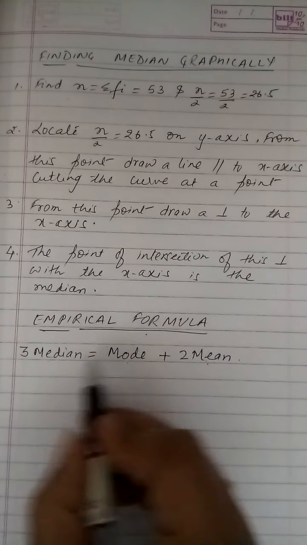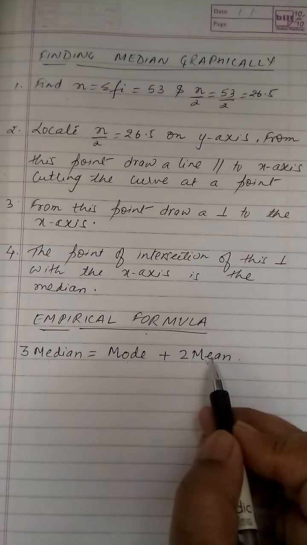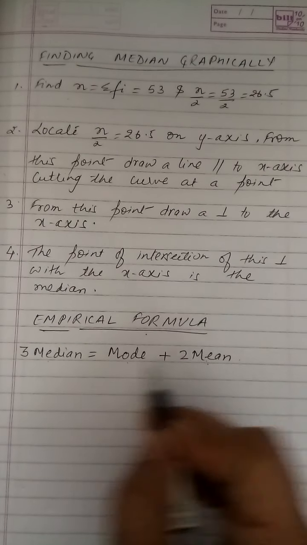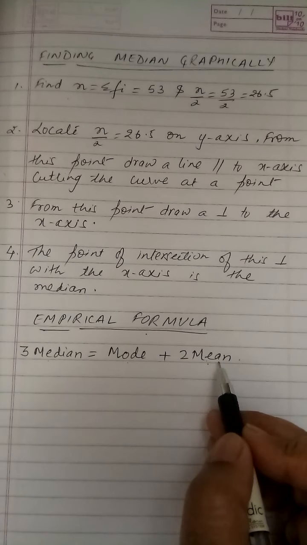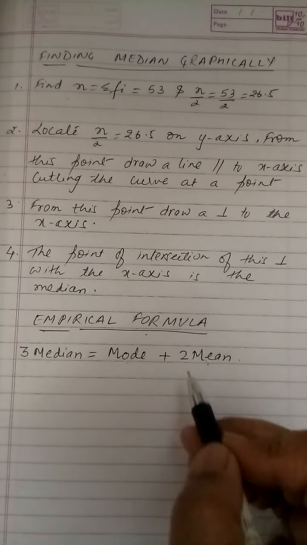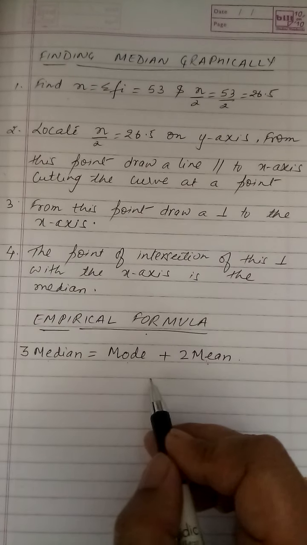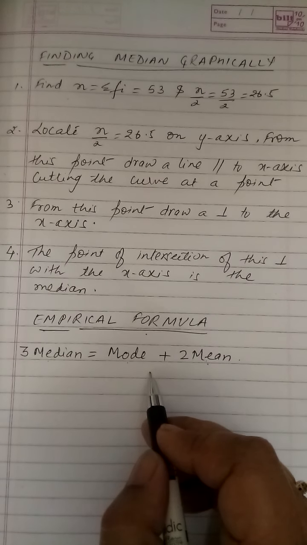Now it is your choice between the three of them, which two you find from the table and the third one you find from this formula. So this formula is important from that point of view also, and it comes as a 1 marker also. So it is important from this point of view also.